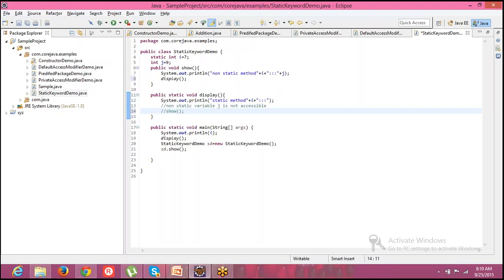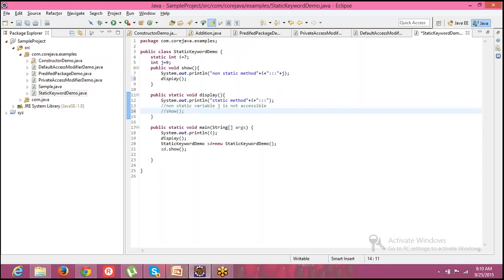Is there any other question you have? I have one question. We are calling those static methods, so what do we call non-static methods? Is there any name for those? The only classification is static or non-static. That's it, no other name. So we don't have something like instance methods?